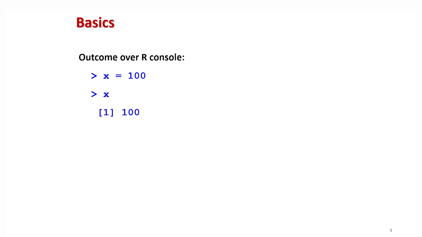Right. Now can I try to write something in the blue color Courier New font? This means when you try to execute it in the R console, it will look like this. That means this is the prompt sign in the R software. And if you write there x equal to 100, and after that you just type x, then this will be the outcome. Those who are familiar with the R software will understand it very easily.